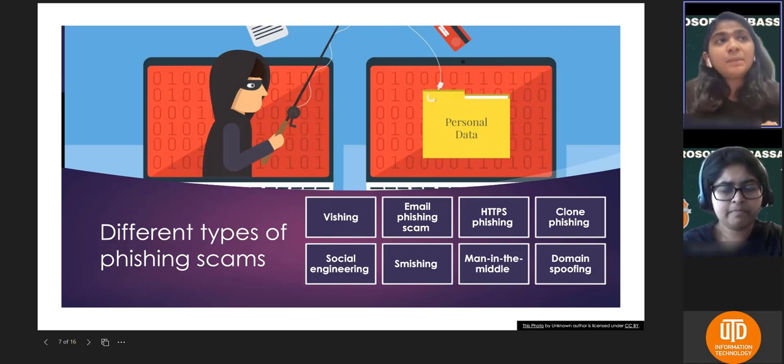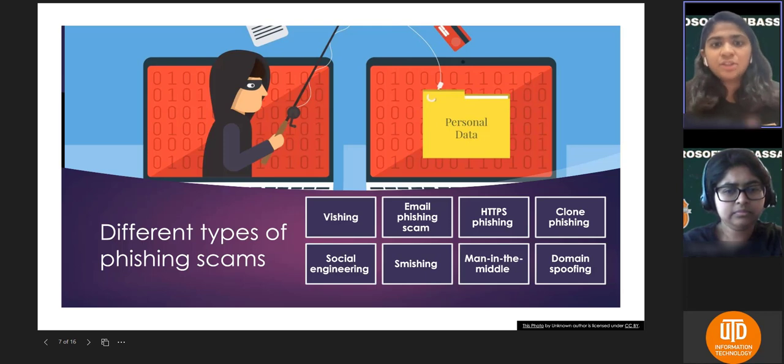Another type is an email phishing scam. In this, the attacker sends an email that looks legitimate, designed to trick the recipient into entering information in reply or on a site that the hacker can use to steal or sell their data. Now, I'll hand it over to my peer who will guide you through the available resources, provide examples of scams, and explain how to avoid falling victim to them.